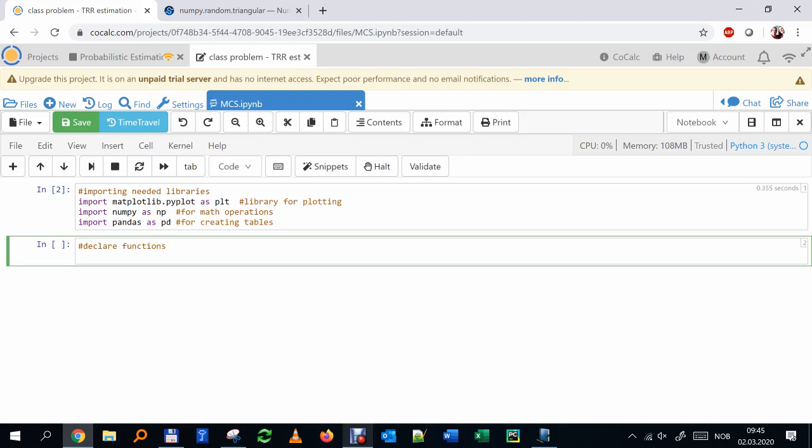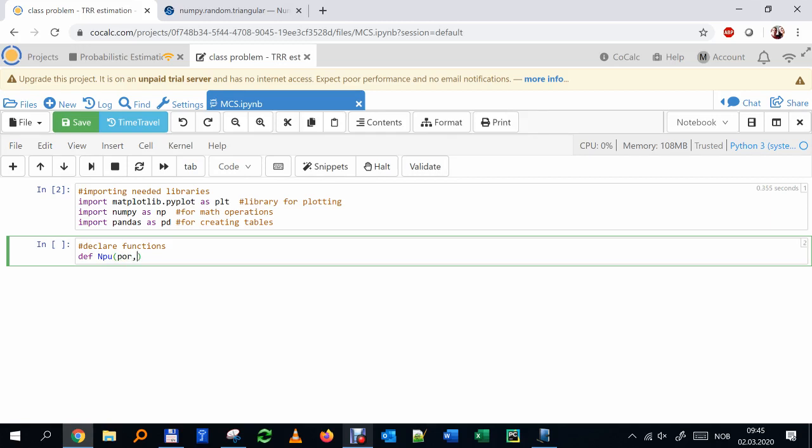Yeah, NPU, the TRR, right? Because we have the function, we said NumPy will take care of the uniform sampling and triangular sampling. So the only thing we need here is the function that is not included in any library, which is the NPU equation. So I have to define a function just like in VBA. Instead of saying function, I write def. Then I say NPU, and NPU is a function of